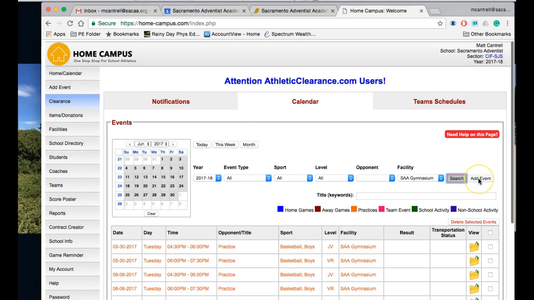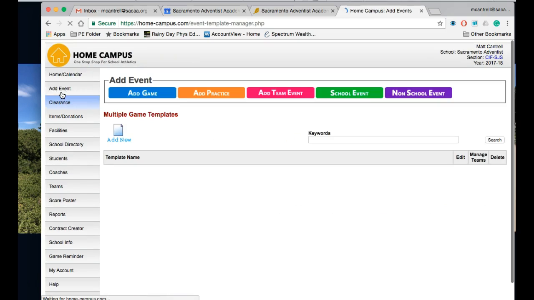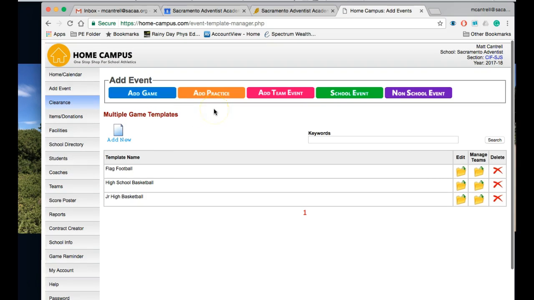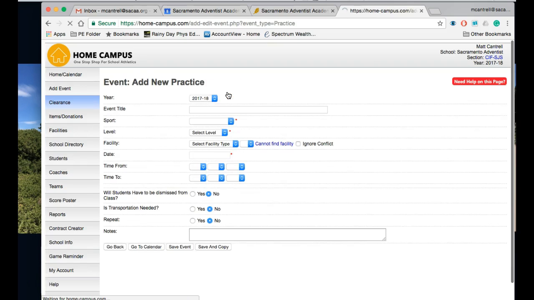I can also add an event in here. I'll show you the next way to do it. So click on add event. You can add stuff through here. I'll pretty much add all the games, but for you, if you want to add a practice or team event, you click on that feature there,